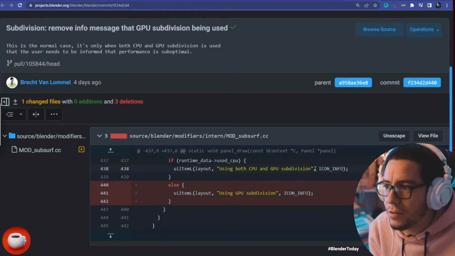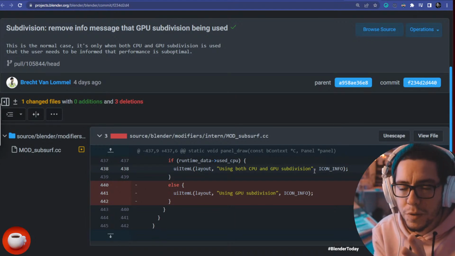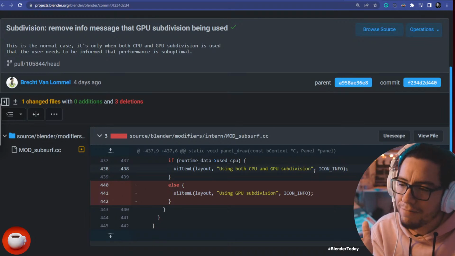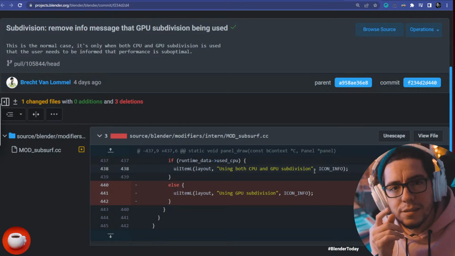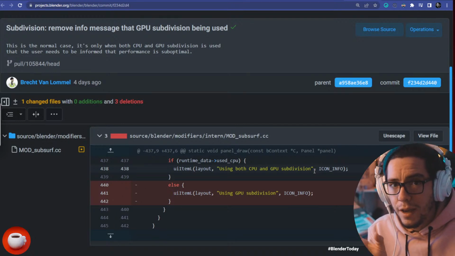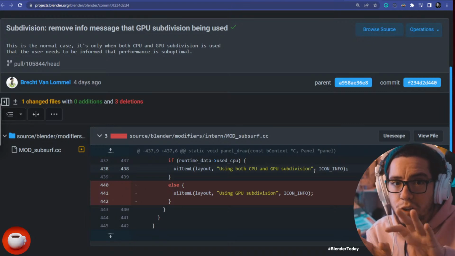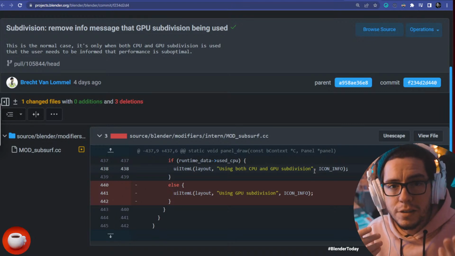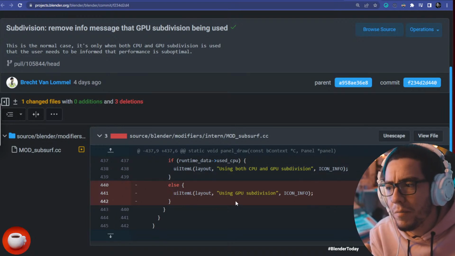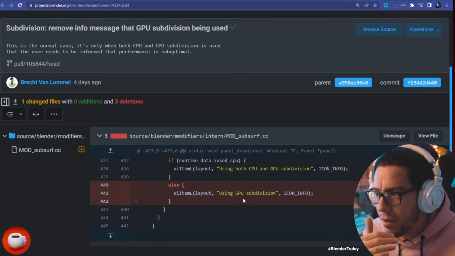That shows you a message because you can lower the performance. You're using both CPU and GPU for rendering, so it's not really recommended. You can use it, but sometimes it gets things slower, right? Because GPUs can be so much faster than a CPU that maybe sometimes a piece of the render is still waiting for the CPU to finish while the GPU is just sleeping because the rest of the render was faster to do. But it was also showing a message when you were using GPU subdivision by itself, like just alone,